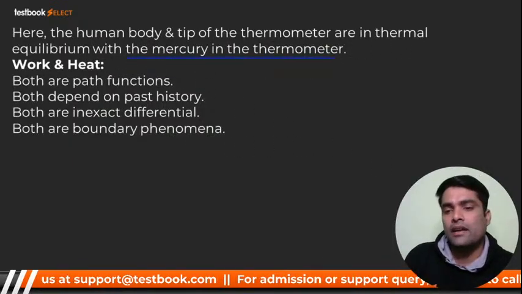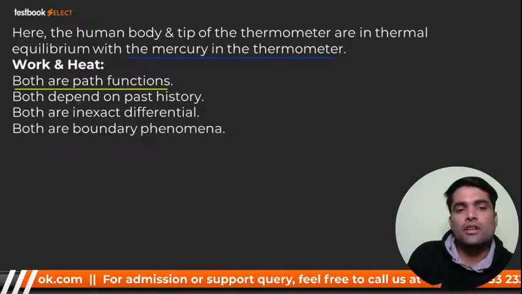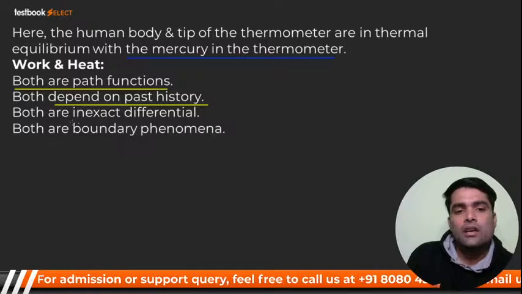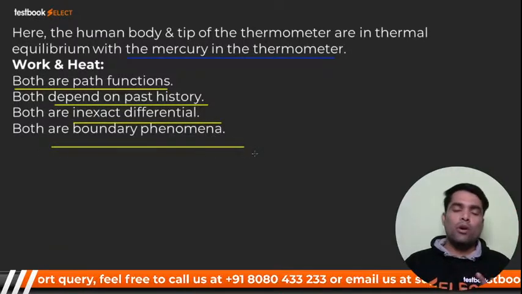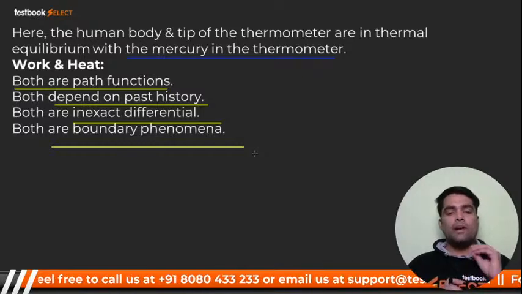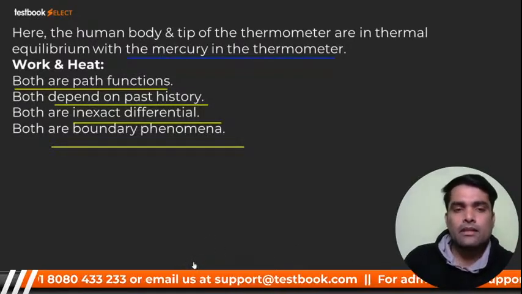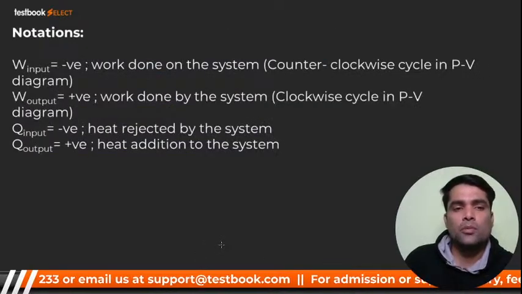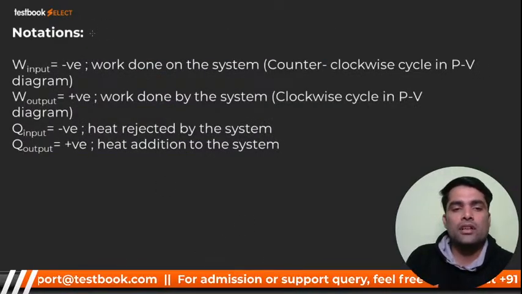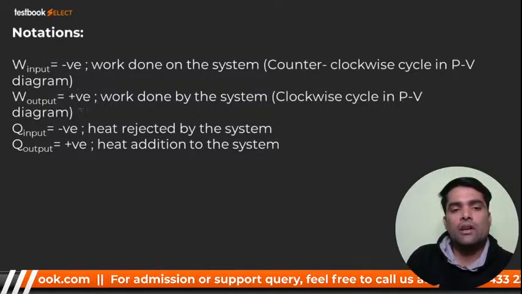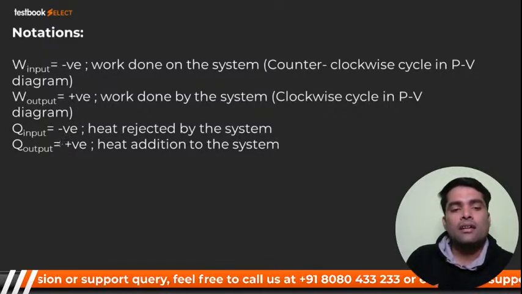Okay, now we have, my dear, discussion about work and heat. So my dear, both are path functions, depend on past history, they are inexact differentials and they are boundary phenomena. याद रखिएगा, दोनों boundary phenomena हैं, inexact differential हैं, path function हैं और past history पर depend करेंगे. Okay, there is nothing to remember, ये आसानी से सबको पता है, right. And my dear, ये तो sign convention थे जो हमने लिए थे, negative positive, work input negative लिया था, work output positive लिया था, heat rejected negative and heat input